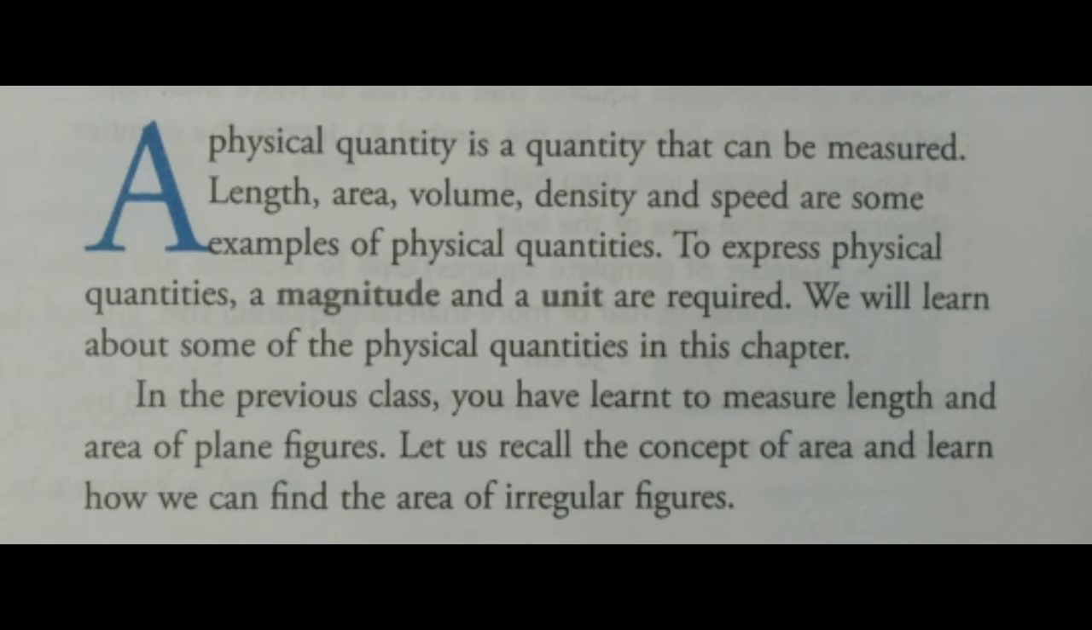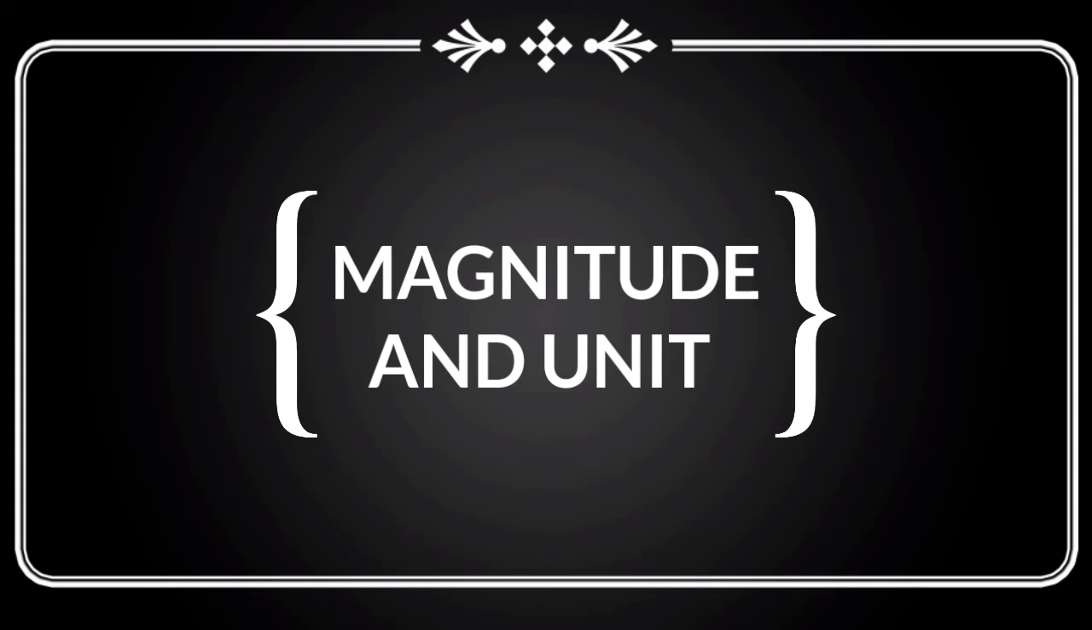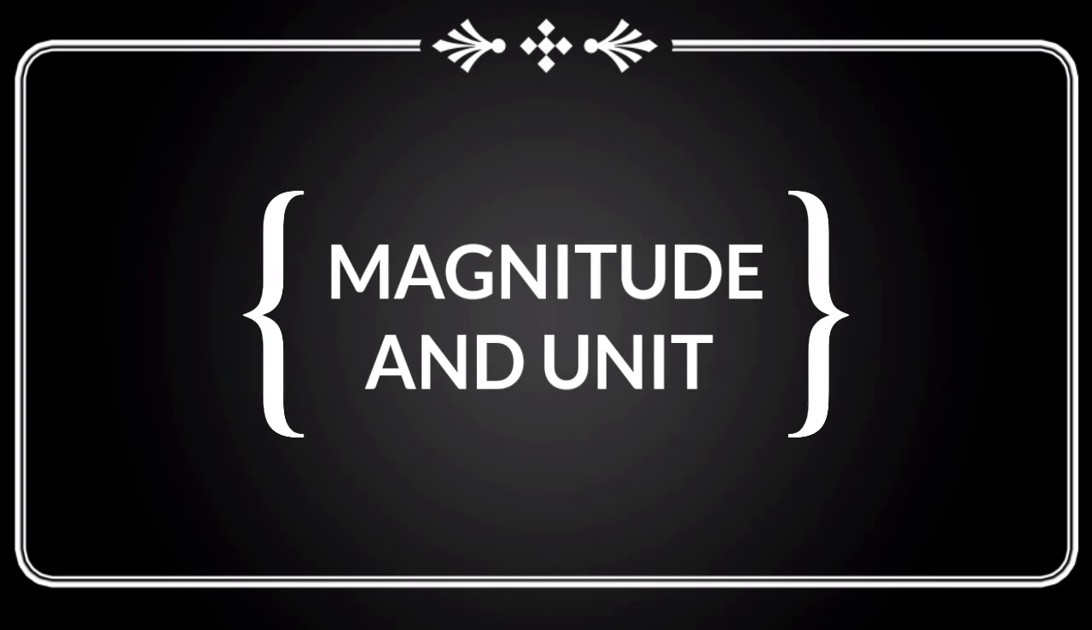There are some more physical quantities which will be explained in your higher classes. In this class, we are going to learn how we can express physical quantities. To express them, we need two main things: a magnitude and a unit. Magnitude explains the quantity of a material, and a unit defines the nature of